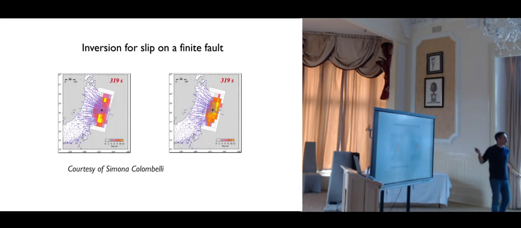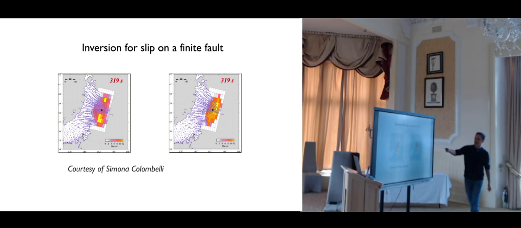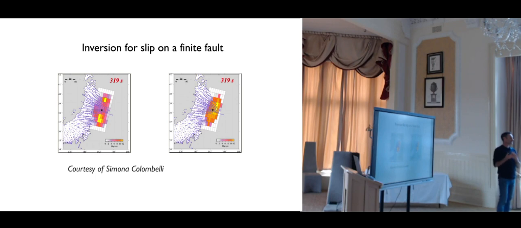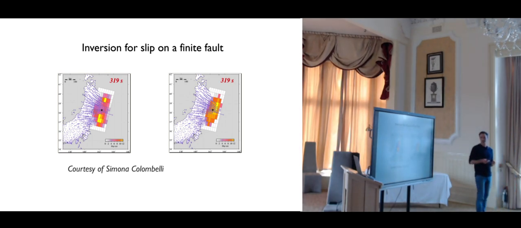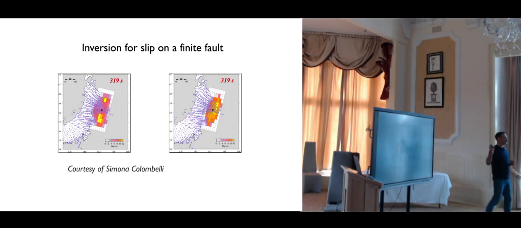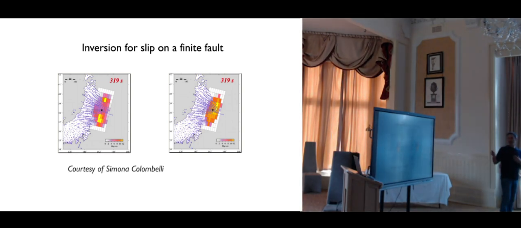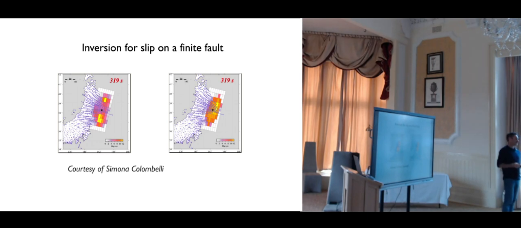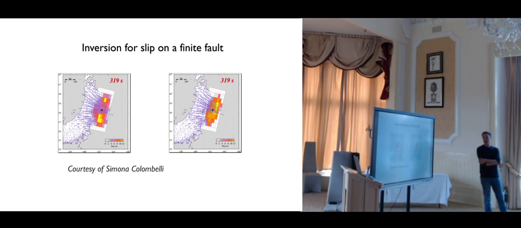Another one, so this is a source seismology. This is during the Tohoku Oki earthquake in 2011. From GPS stations in Japan, we can run an inverse problem and try to recover what was the finite slip on the fault. So it's an inversion for slip on the fault. And so here the parametrization is the same, but the smoothing is different. And you see that depending on the level of smoothing that you apply, there is a very, very different solution.